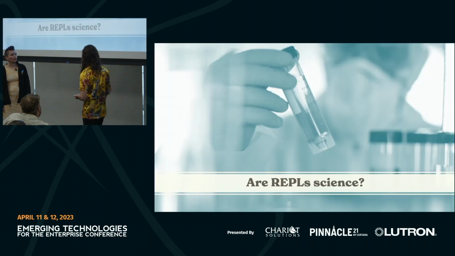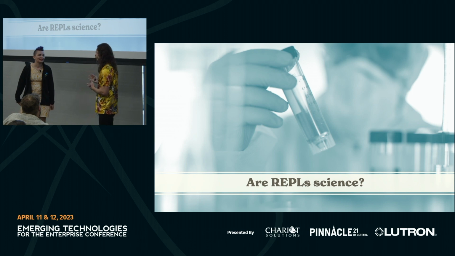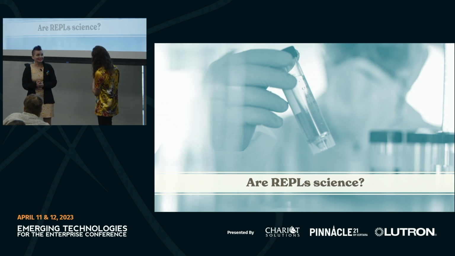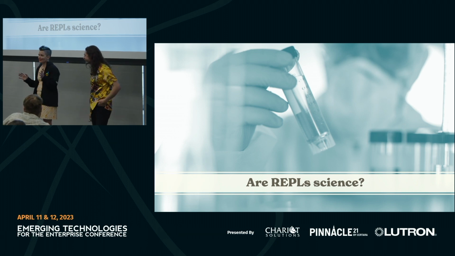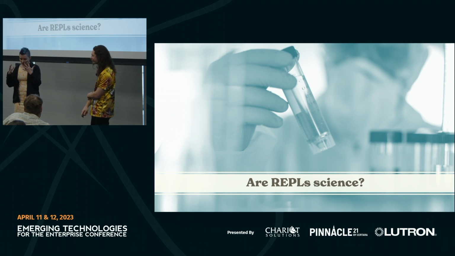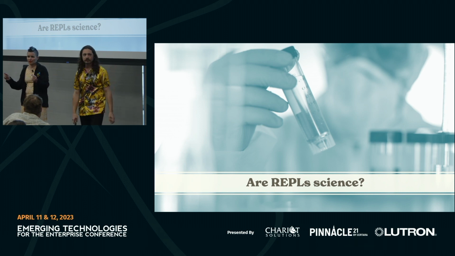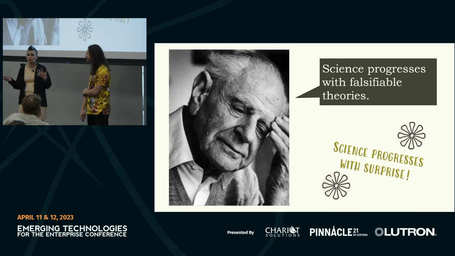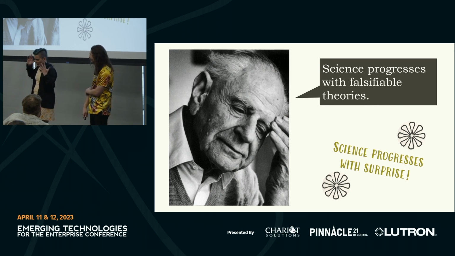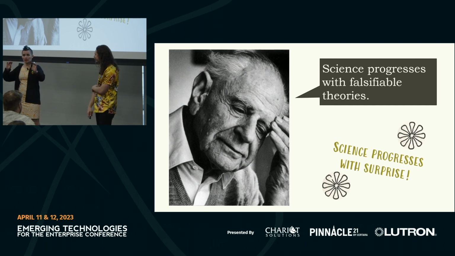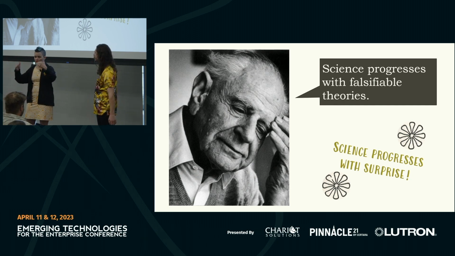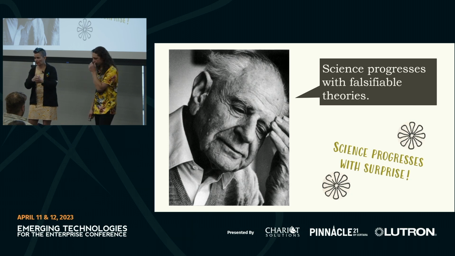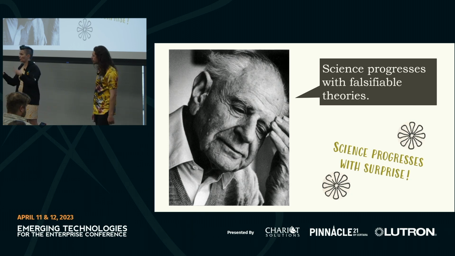And Jess, you know a lot more than me about the philosophy and history of science. Okay, I do read philosophy of science for fun. You do. Would you call this science? Okay, so here's the thing about science. My favorite thing about majoring in physics was learning about the scientific method. You have a hypothesis and then you try to falsify it. And this was Karl Popper's definition of science back when he was like 20 in the 30s, that it's a scientific theory if we could reason from it to what should happen and then try to falsify that. And we do that when we try stuff in the REPL or when we run our unit tests.